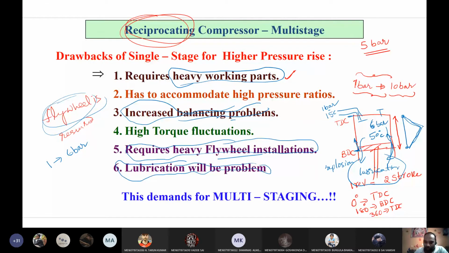The third problem is, if the pressure keeps on increasing, the discharge volume or delivery of air keeps decreasing. If you increase it further, at a certain pressure we cannot get any discharge, only suction, compression, expansion, and it will repeat like that. So these are the problems associated with the single stage reciprocating air compressor. Very important for short answers. Is it clear?